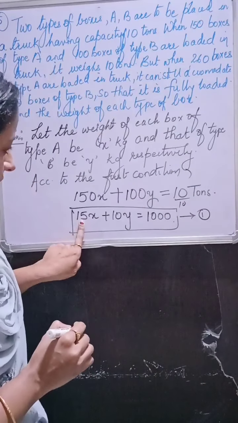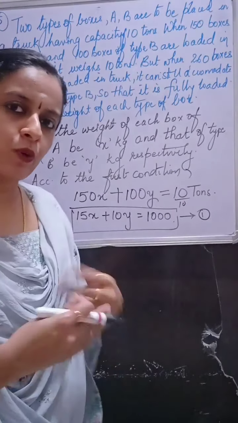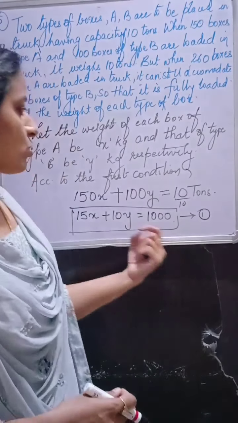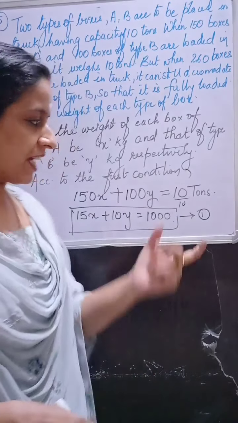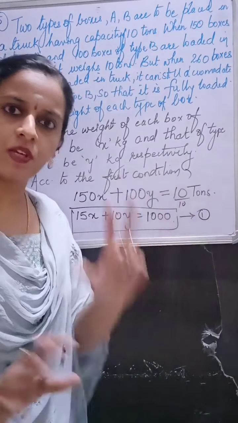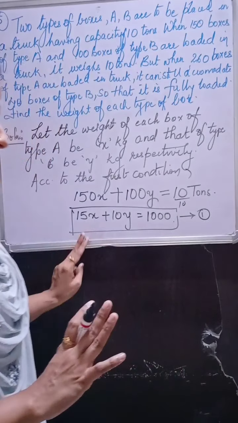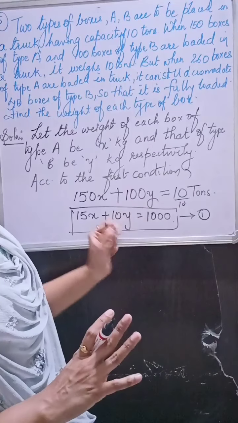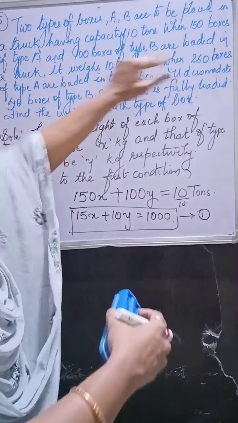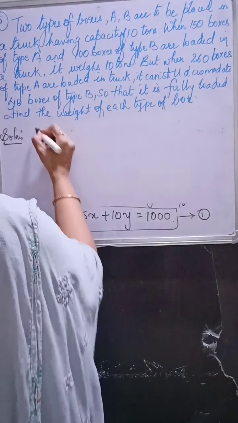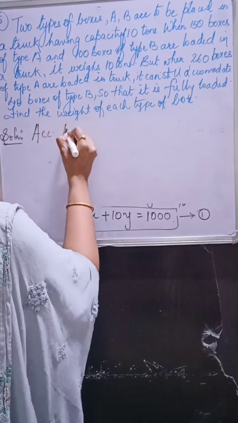Because the left hand side part is related to kilogram, the right hand side also I wrote as kilogram. I got 1 ton. 1 ton is 1000 kilogram. Okay. Understood the first equation? So we got our first equation: 15x plus 10y is equal to 1000. Now let us go on to the remaining part of the sum. Yes. According to the second condition,